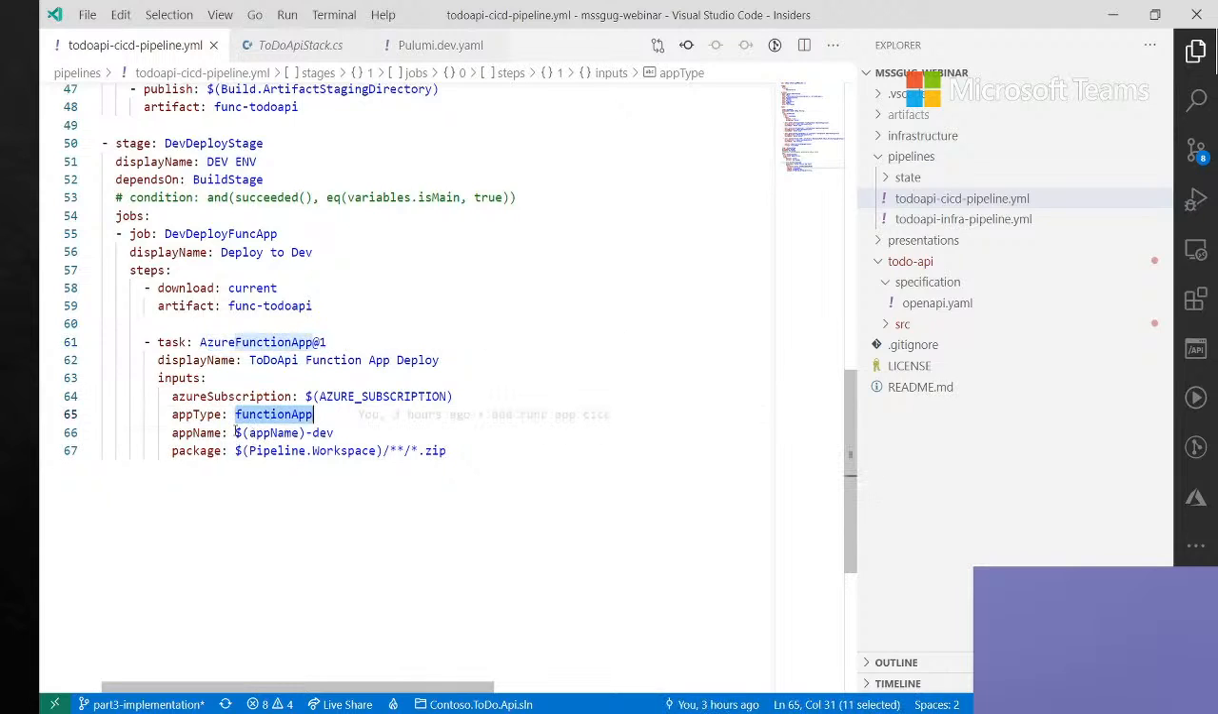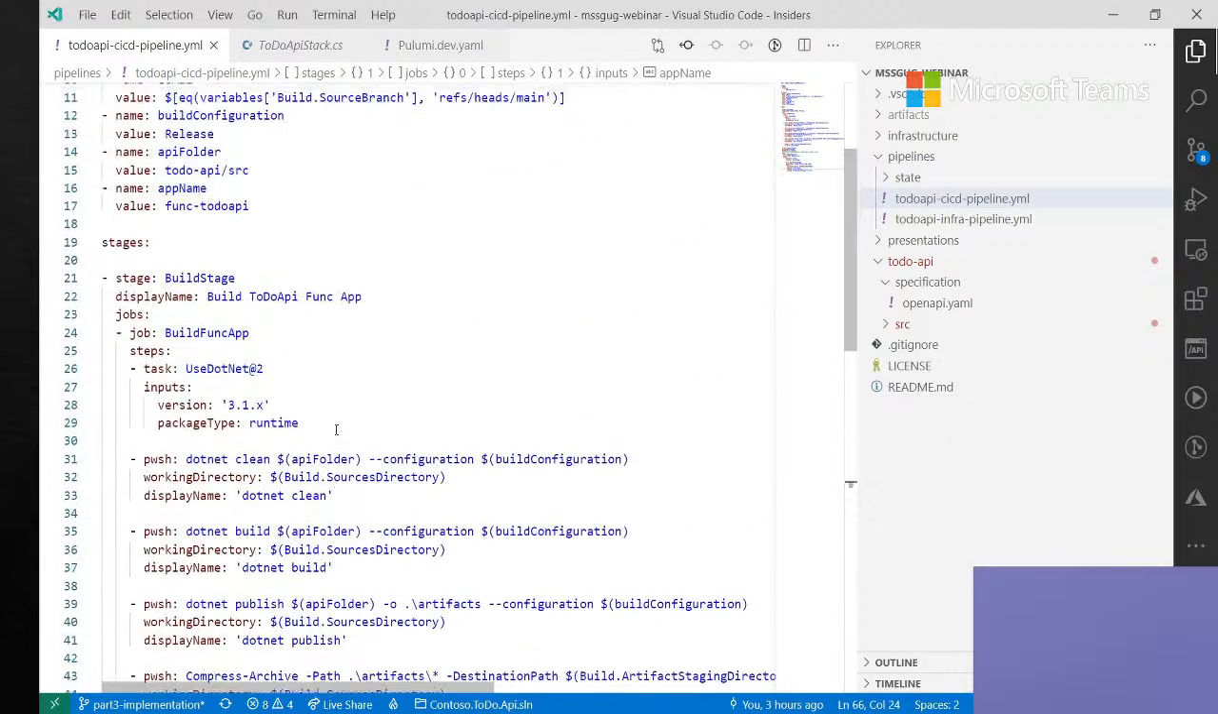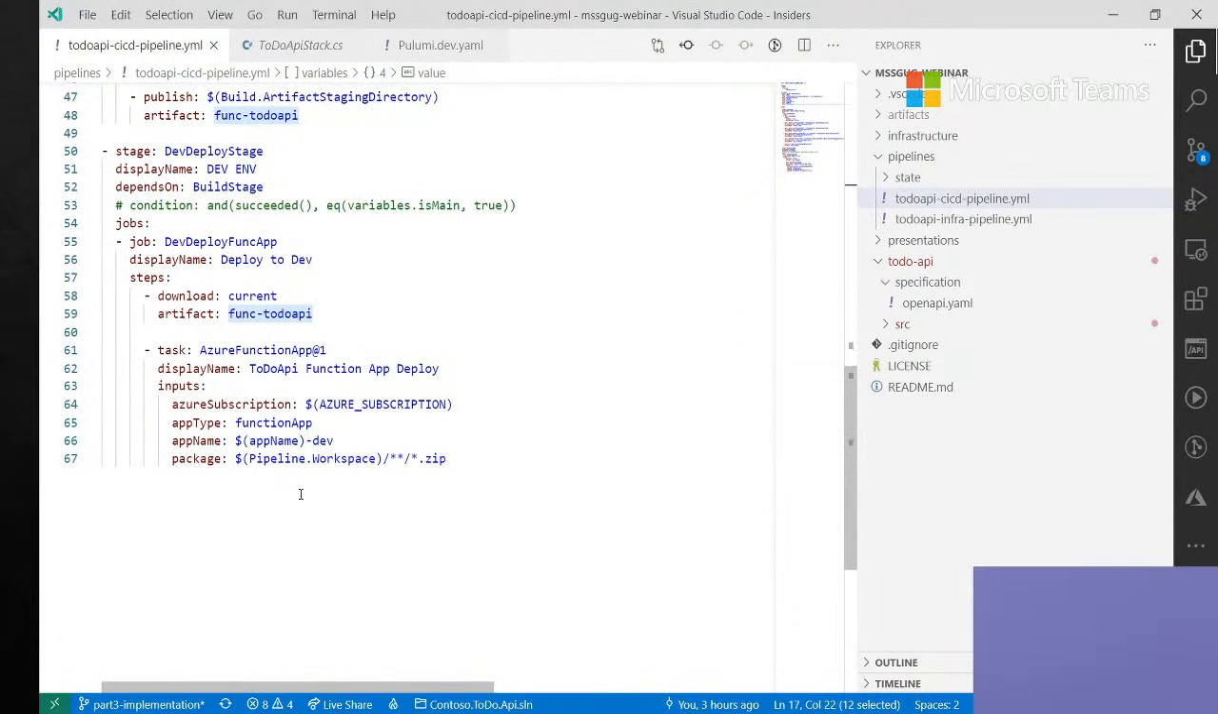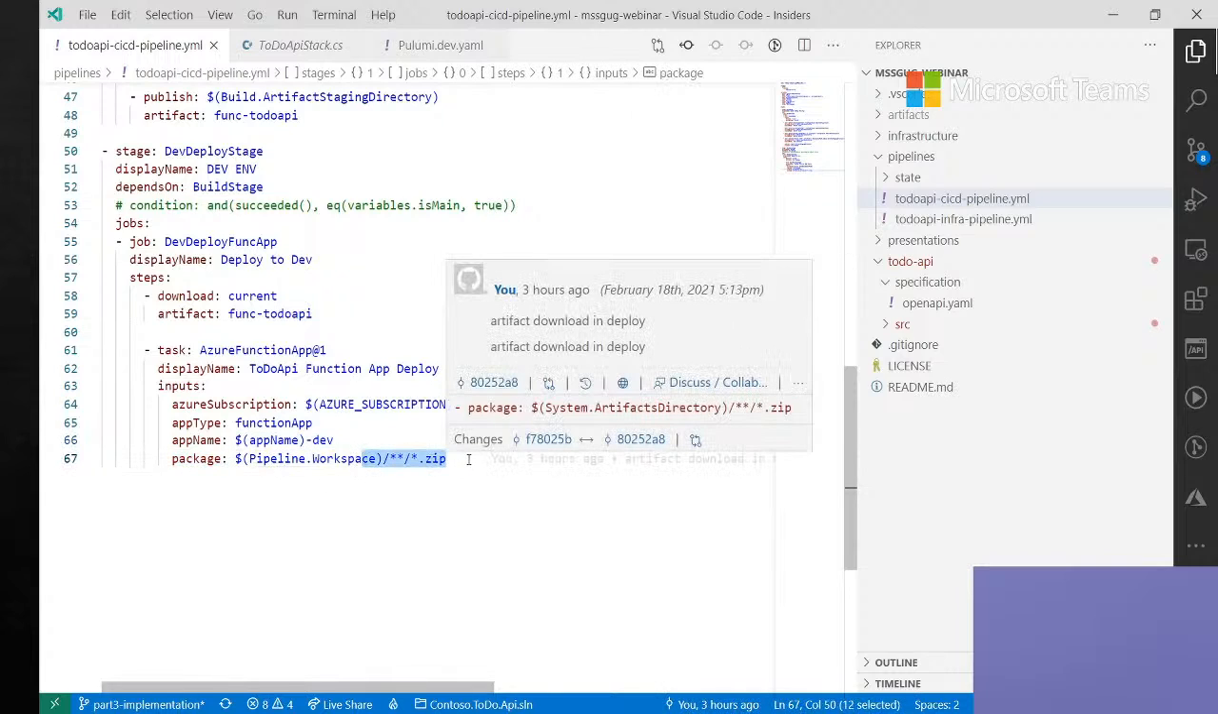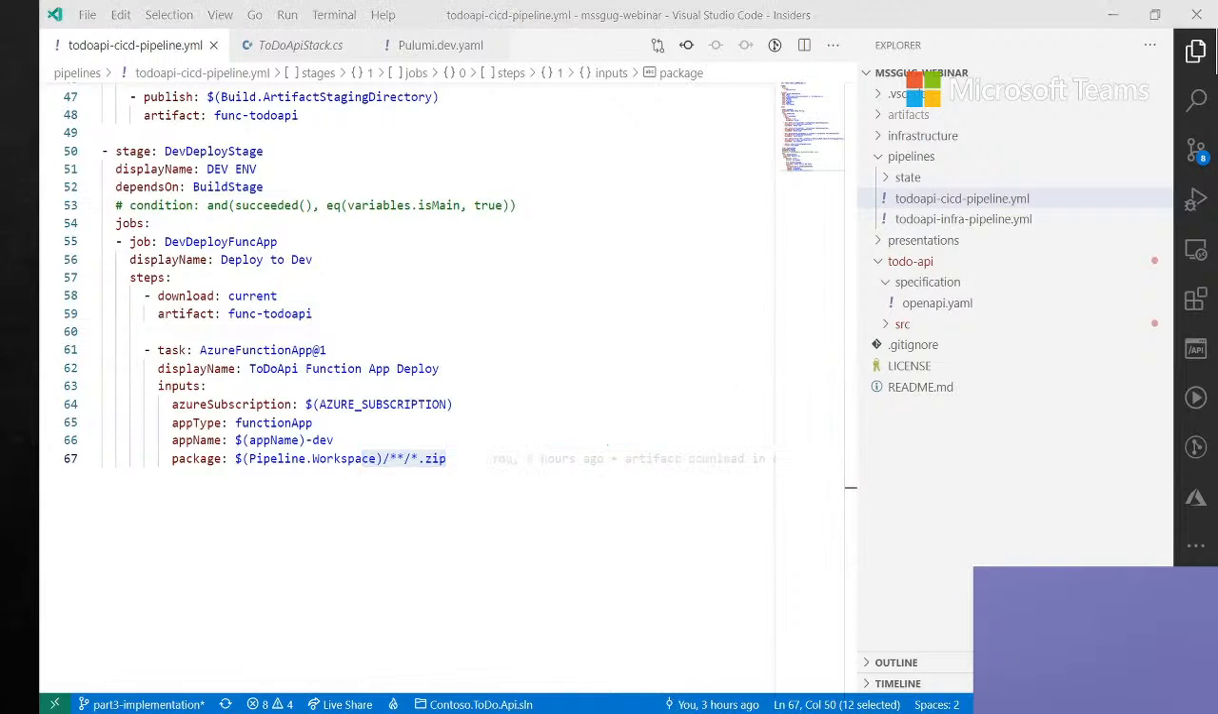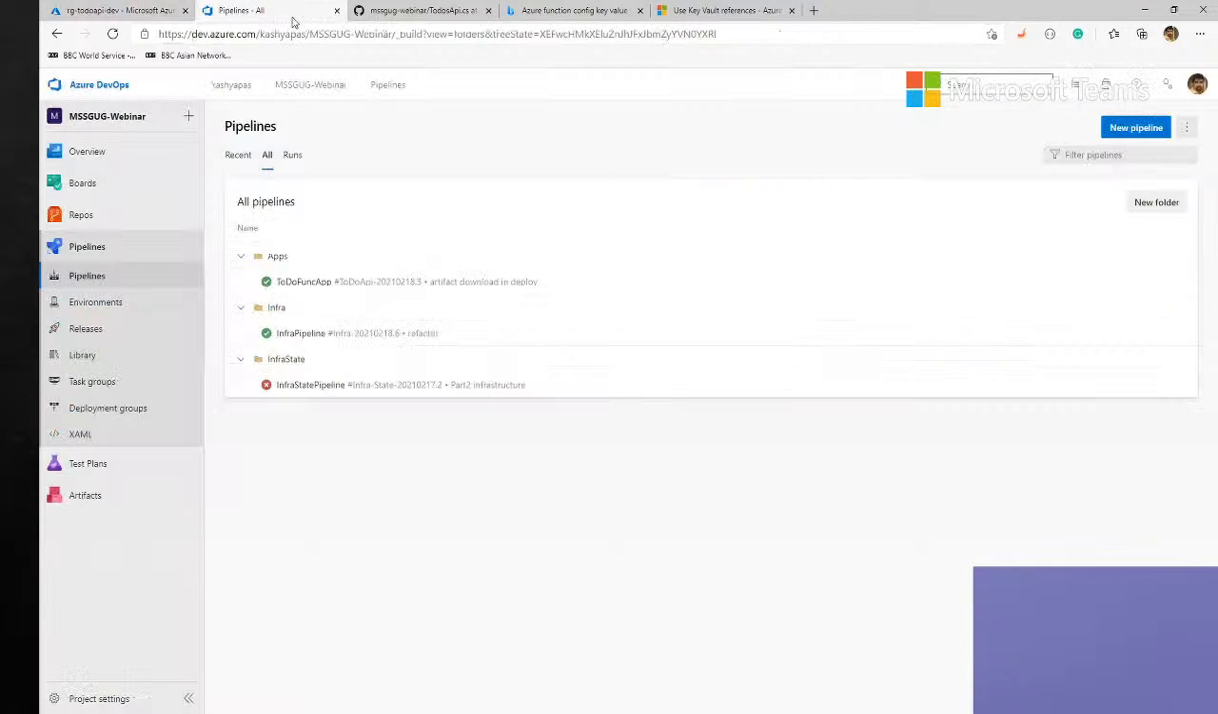The name of the app is to-do API-dev. The app name is set up here. If you see here, func to-do API, and then it appends -dev, and I'm saying the package is located here. It's a zip file. Done. My pipeline is done. The next thing that I did was I just went to my pipelines, and then I